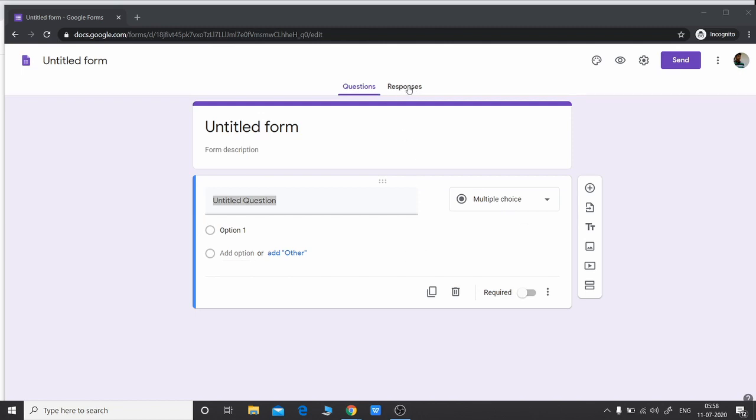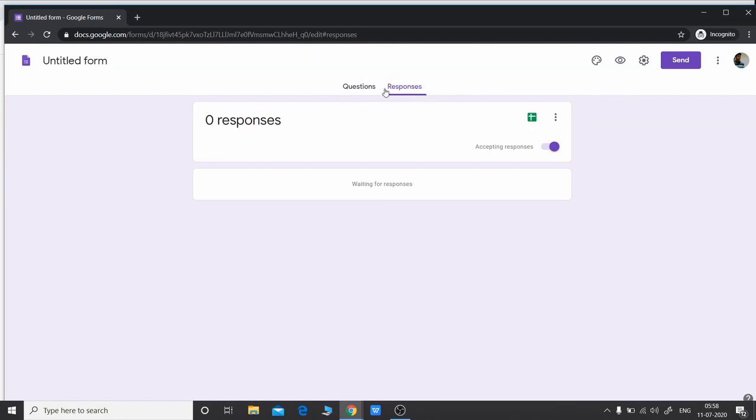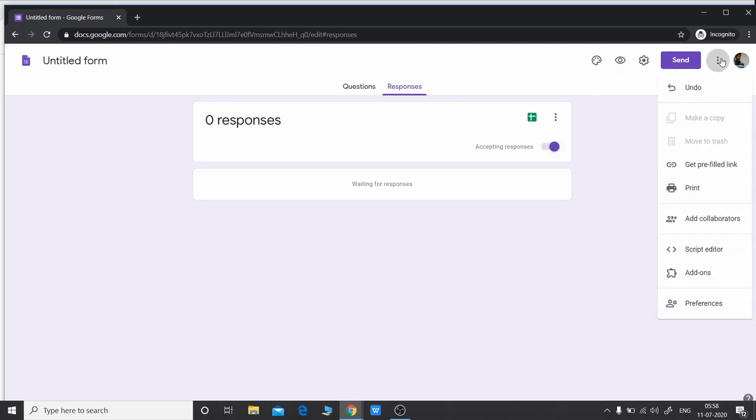After that we have another tab, that is the response tab. In this response tab, when we create our Google Form and share it with our audience, our students, right? In that scenario, all the responses that those people have provided to us will be listed in here, right? And there are options to accept the response or not accept the response, which at certain times might be useful. Now in our 9 dots we have some extra features like undo and redo. We can also make a copy, print it, get a link and everything else.